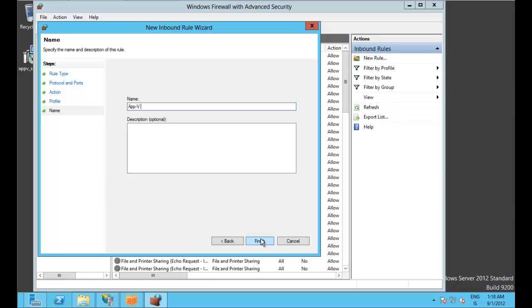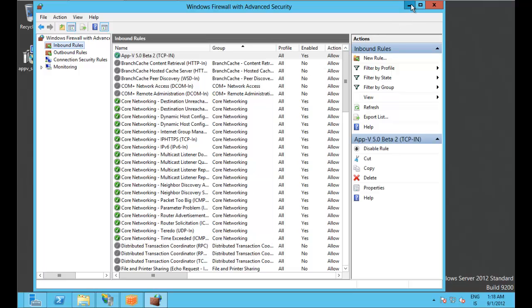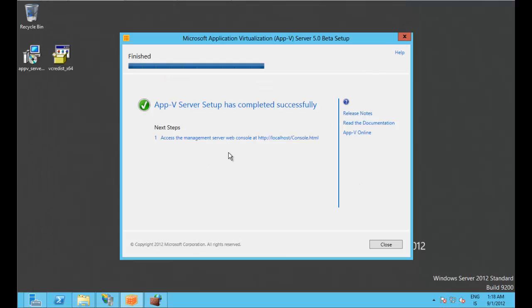AppV 50 beta 2 TCP in. Description: allows clients to access the publishing server and the reporting service. Finish, and it's enabled. And then we can go to the management console,